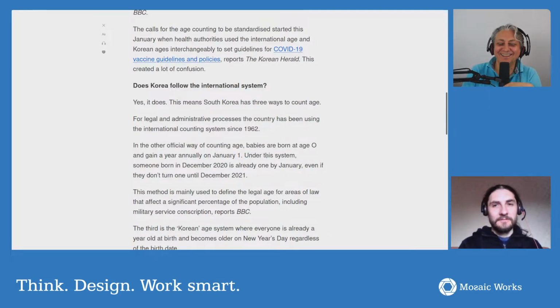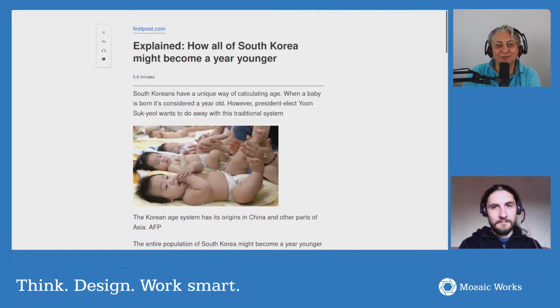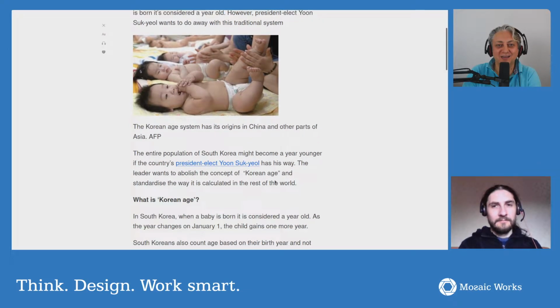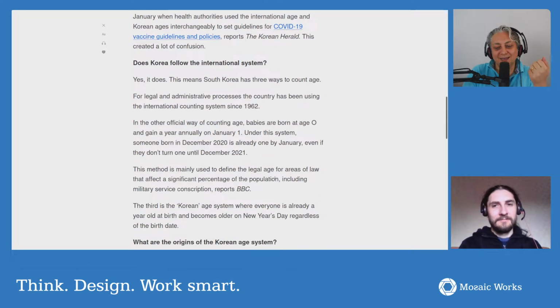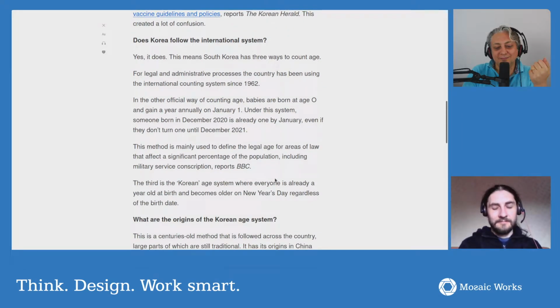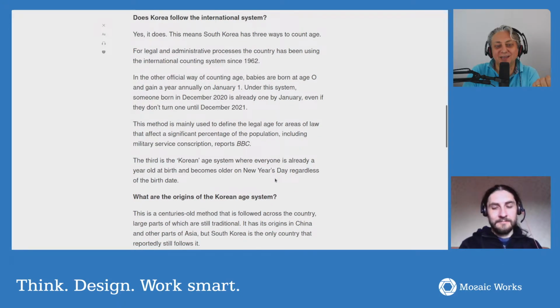It's very interesting. Right. And now the goal of the article, they are actually looking to simplify this and to move to the international system. But I think it was pretty funny because it's one assumption that I never thought that I was making, that if you compute age, it will be different depending on the country. Yeah, exactly. So that's an assumption. People think that people look at age in the same way.